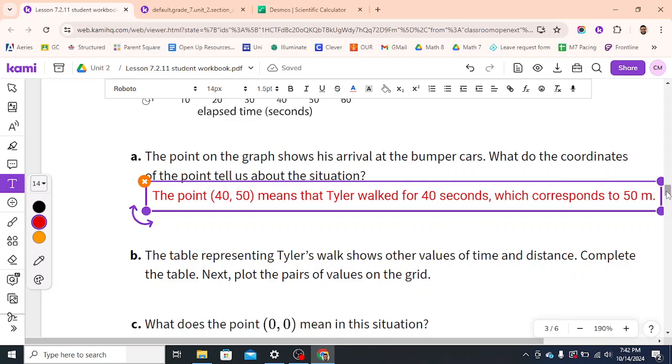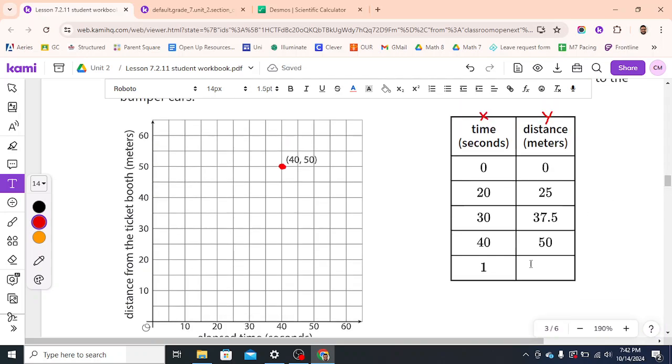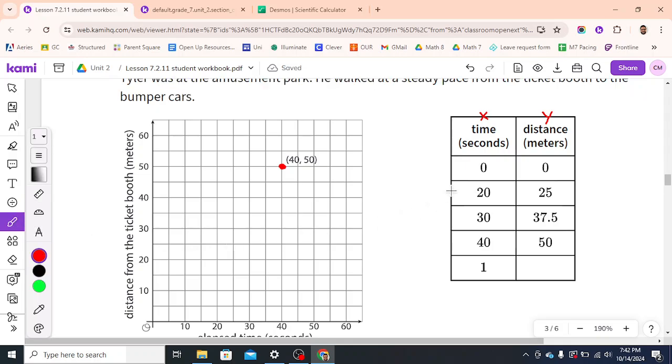All right, so you know what? The table's already complete except for this one right here. So let's go ahead and plot our points. 0, 0, easiest one right here. Let's put 0, 0. 20, 25. So from the center, the origin, I'm going to go right 20 because remember that is talking about the x-axis and this is talking about the y-axis. So our time is x. So I'm going to go right 20, which refers to 20 seconds. I'm going to travel up to, and it says